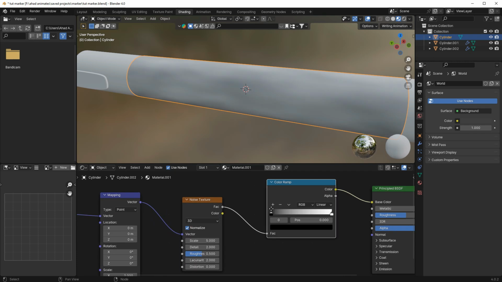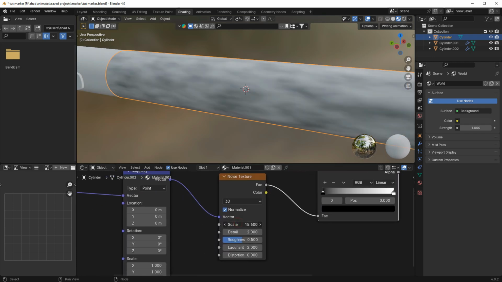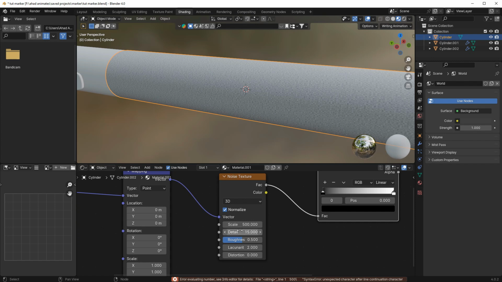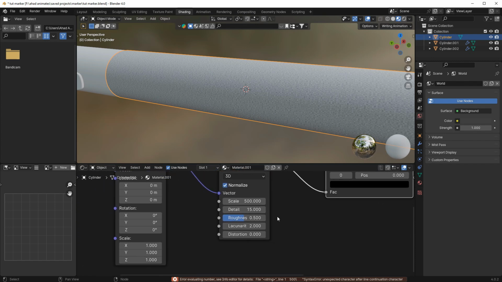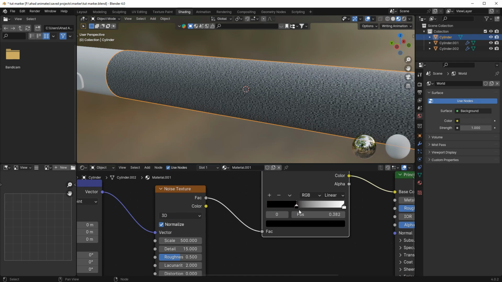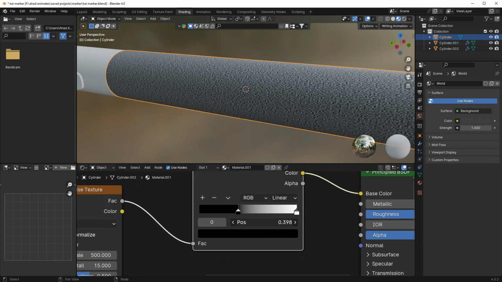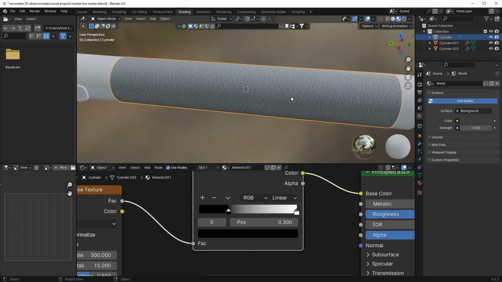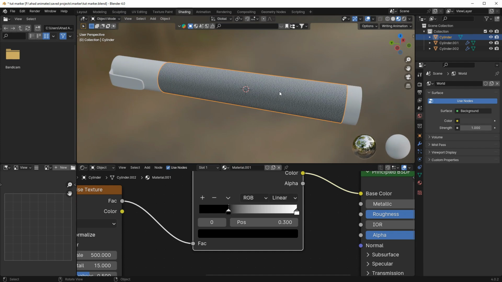over here. Now I'm gonna change the scaling to like 500. Turn up the detail to 15. And yeah, now if I put the value of the black to 0.3, you can see the dots are also much more. So yeah,